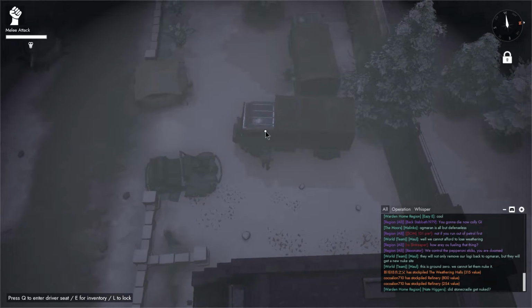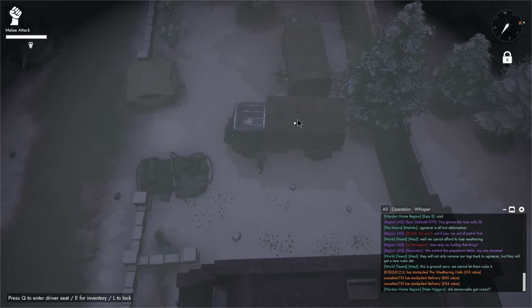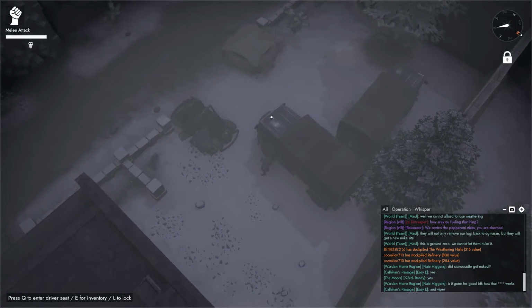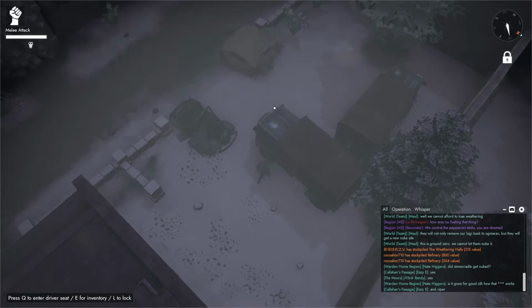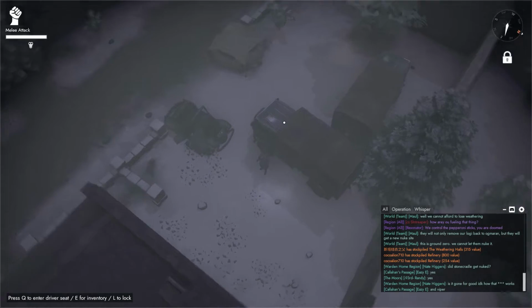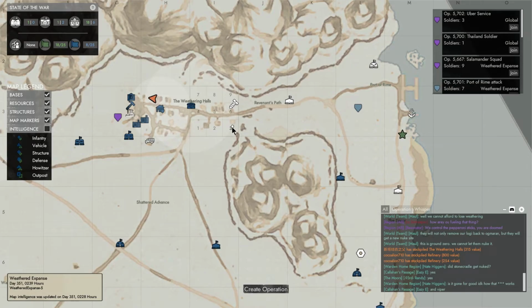But in the event I didn't have any resources at all. And I know it's a bit foggy on here. This map sucks with the fog. People have been complaining about it, but the developers were like, we like the fog. So we're going to have to tough it out, I guess. Either way,